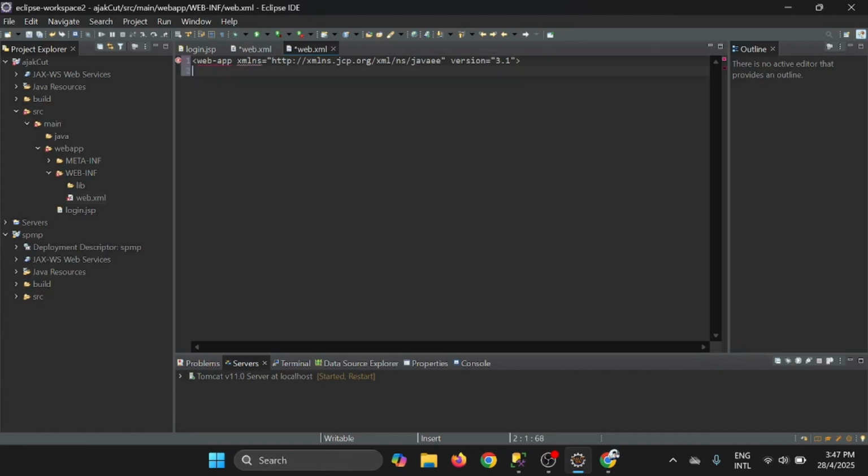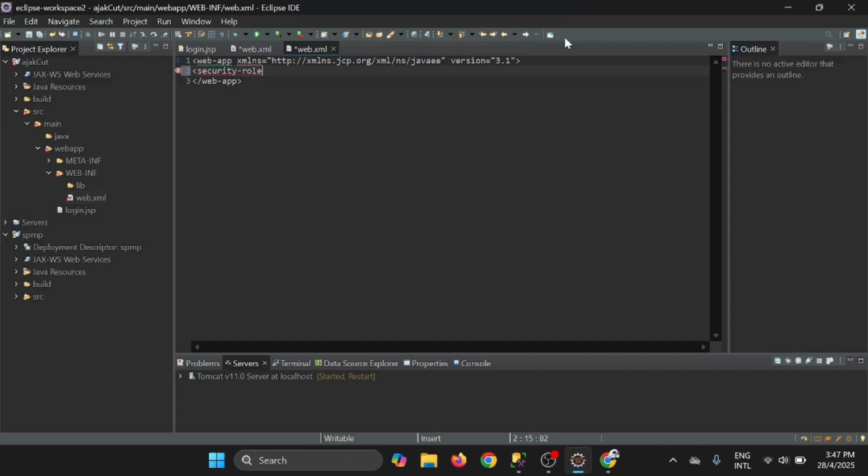Here's how it works. The login form sends the username and password to a special URL, j_security_check. Tomcat then checks those credentials against a predefined list of users, usually found in tomcat-users.xml. Once authenticated, the server automatically creates a secure session and gives the user access based on their role, like student or admin. These roles are declared in